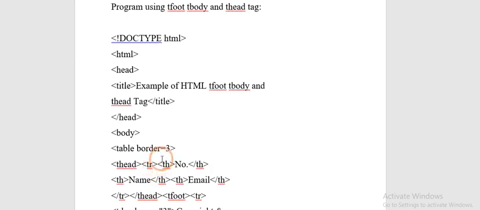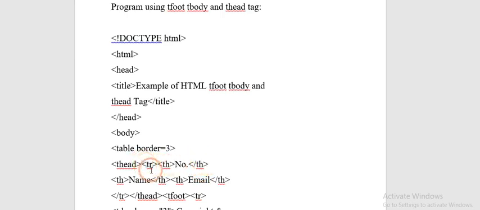After that is the th tag. What is the use of the th tag? The th tag is used to assign the heading to your table, the heading of your column. And what is the first column? Your first column is number. Once your first column entry is completed, the th tag which is opened over here gets closed by using backslash th.